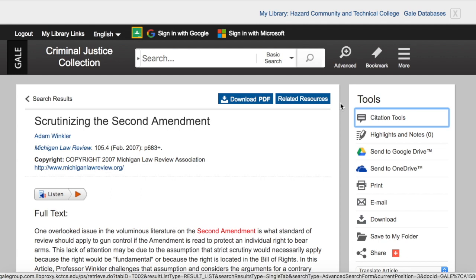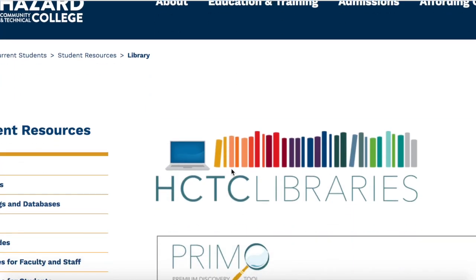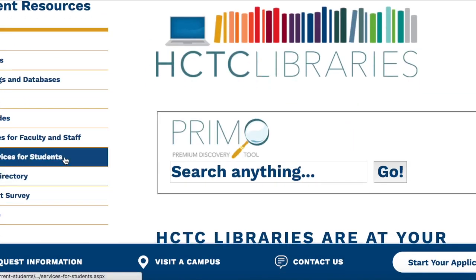This has been the basics of searching the Criminal Justice Collection in Gale Resources 2.0. If you have any questions or would like to get further help with accessing and navigating this collection, you can find a scheduling form to schedule a one-on-one session with a librarian on the library webpage beneath Services for Students,